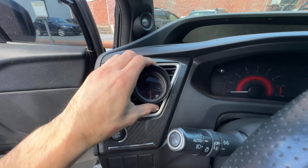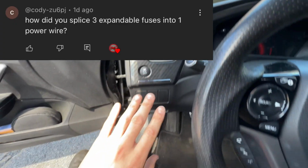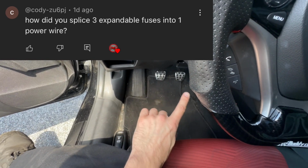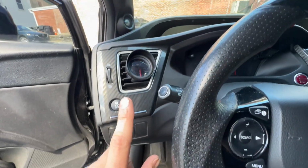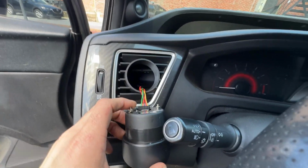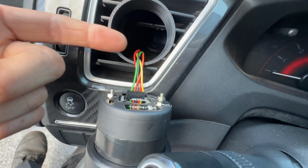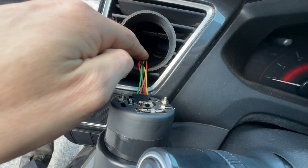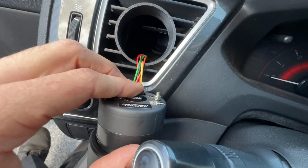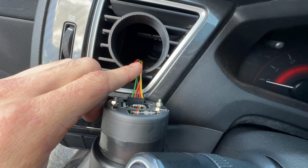Now, someone had asked how I wired in the power wire and split it into 3 different expandable fuses. I'm going to show you. In the kit that they give you from GlowShift, they give you this harness that you feed up through, and oh gosh, I can't remember what wires go to what, but what you're going to want to do is